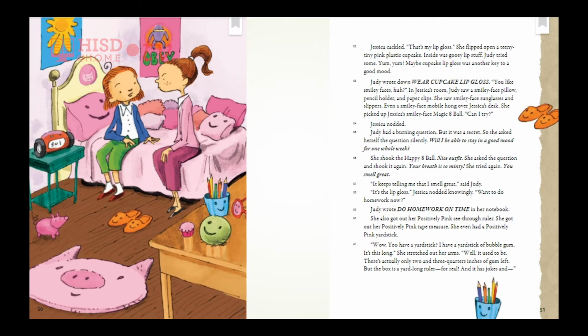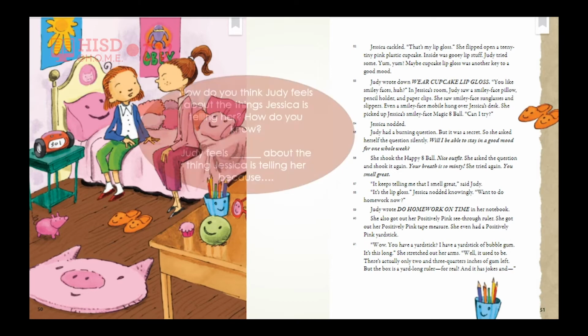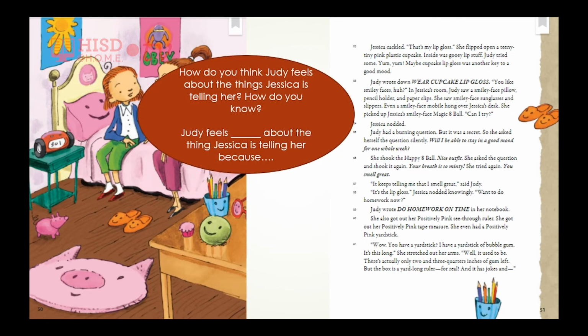And it has jokes. And how do you think Judy feels about the things Jessica is telling her? How do you know? Judy feels blank about the things Jessica is telling her because